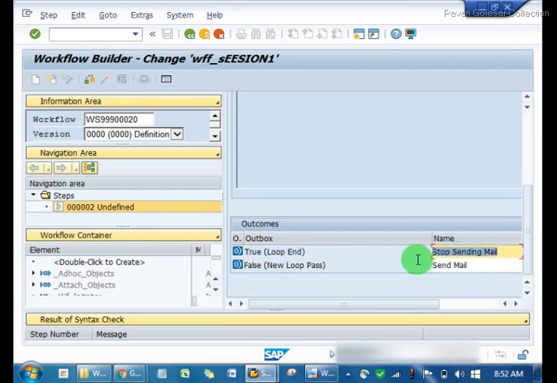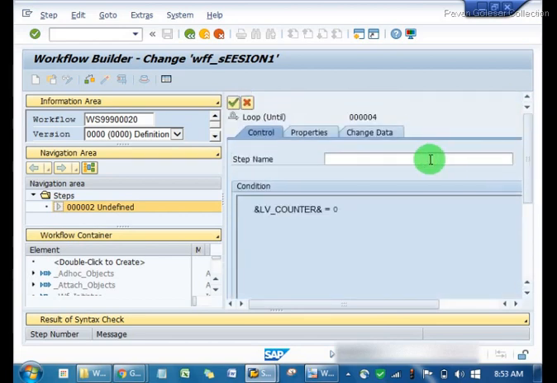See, first thing, get this, why am I doing this? Why true and why false? This will only intimate me that okay, you have to stop sending mail, and also this is nothing but a label which will appear on the graphical layout of the workflow. It will not send this information. It is just for me to understand भाई yes कौन सा और no कौन सा. You have to get this because later on I'll require you all to test this workflow from your side. Not test, create it. So please pay attention.